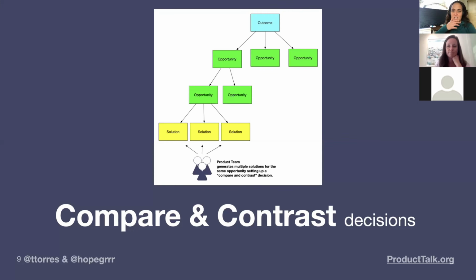So actually, I think there's a lot of ways to frame compare and contrast decisions, and we can get into those. But I realize we have a poll for everybody to get a sense for where you're at in your company. So let me go ahead and launch that and give everybody a chance to respond to this poll about how your company frames decisions. So choose the option that best reflects what you do at your company. And then we'll try to tailor our responses based on what we're seeing from you so that we can dig into what matters most for those of you that are joining us.